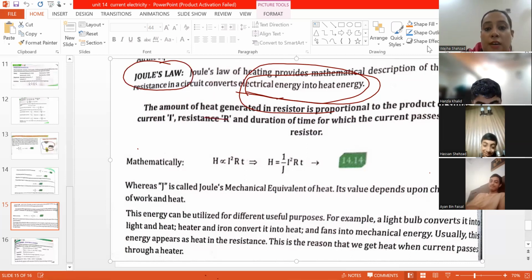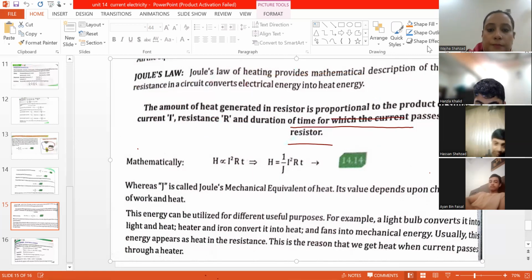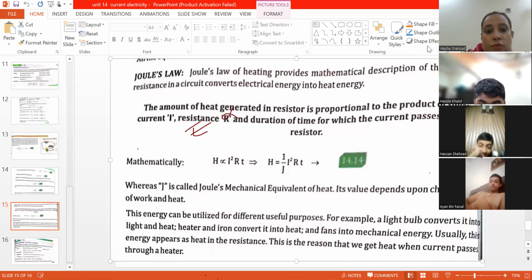The amount of heat generated in a resistor is proportional to the product of the square of the current, the resistance, and the duration of time for which the current passes through the resistor. So this is basically known as Joule's law. Okay, previously we have learned the equation E is proportional to I square R T. So in Joule's